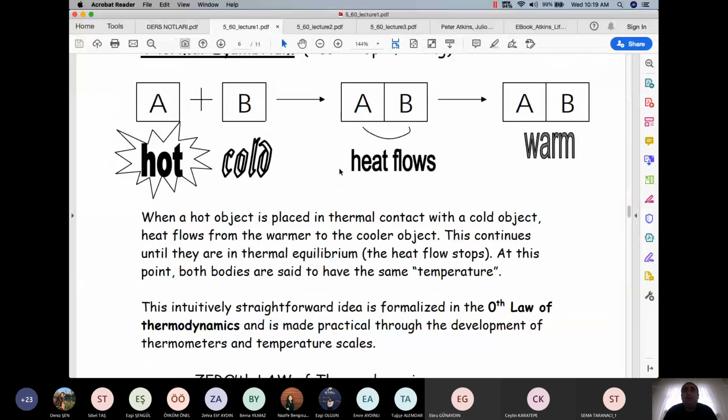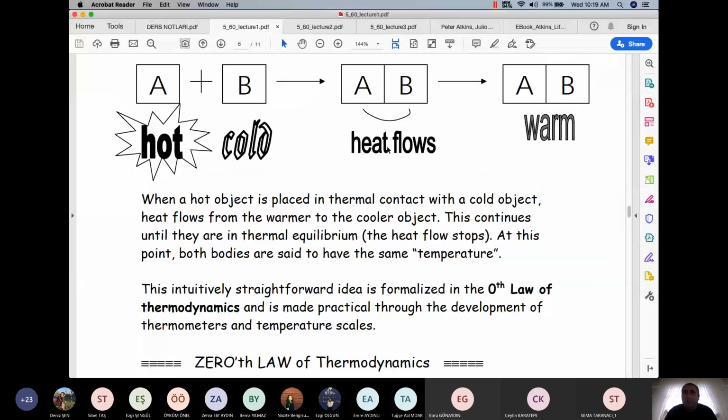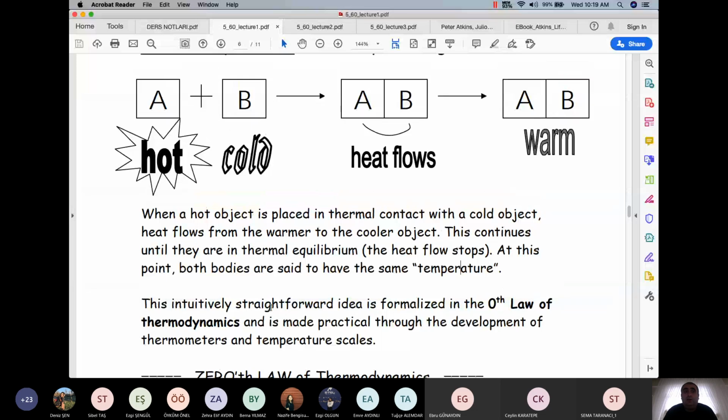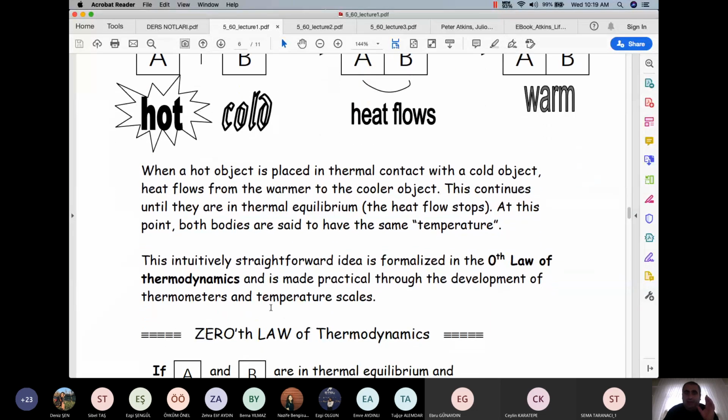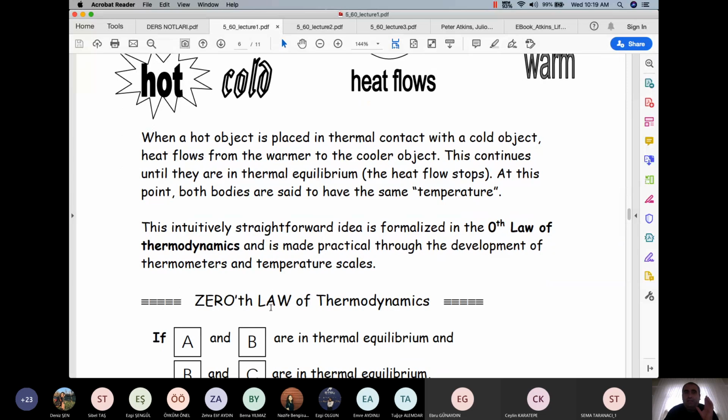So to measure the heat flow, we need an indicator, and that indicator is called temperature. This is something really important. Now let's imagine we have three different states, three different bodies, objects. If A and B are in thermal equilibrium,